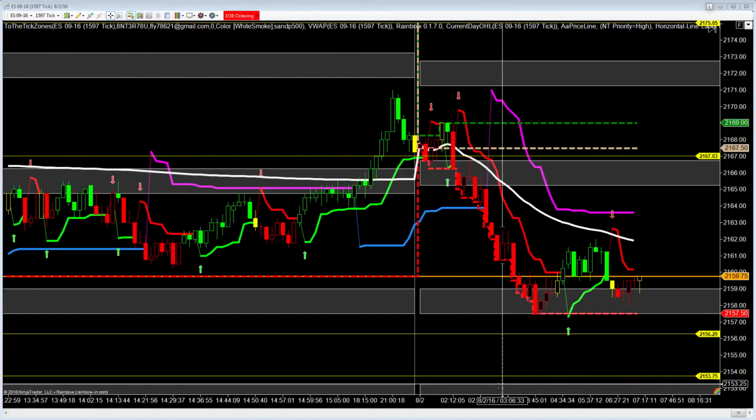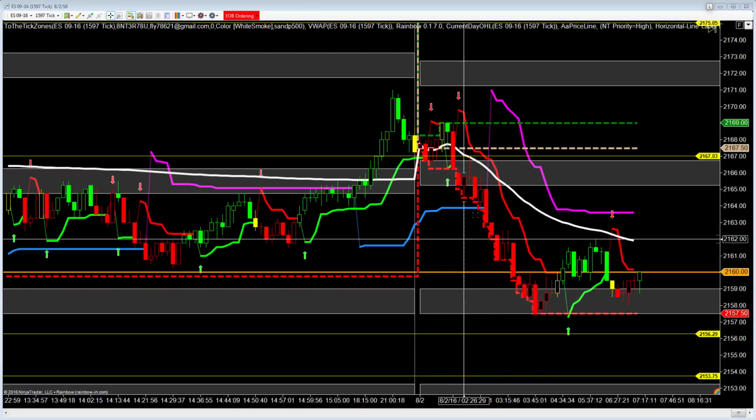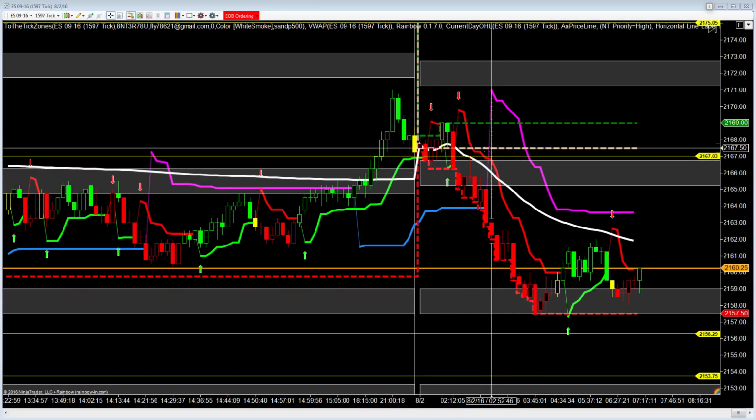It's Tuesday, August 2nd. It's about 7:15 Central Standard Time. So for the next 5 minutes, we're going to give you targets to the upside, targets to the downside, possible areas of consolidation, and then we're going to take a quick look at market profiles so we don't lose sight of the big picture. So as you see, last night we had an open of about 2167.50 right in here,